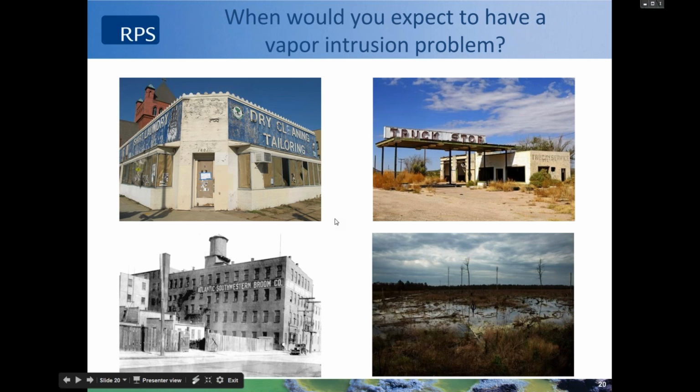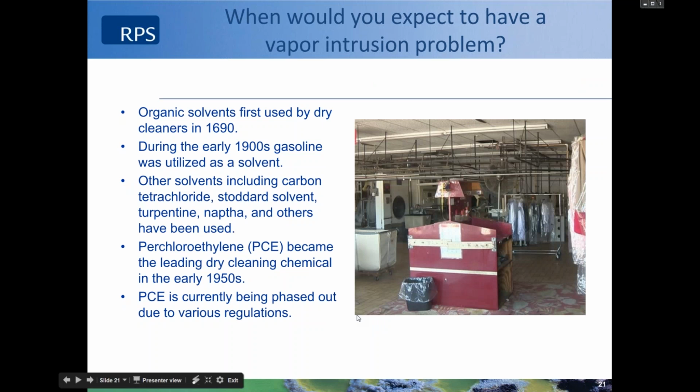So when would you expect it? We'll talk a little bit about dry cleaners, we'll talk about some gas stations, we'll talk about some manufacturing facilities, and we'll also talk about some natural environments where this might come up. So dry cleaners are probably one of the most, well, I wouldn't say understood, but recognized contributors to vapor intrusion,